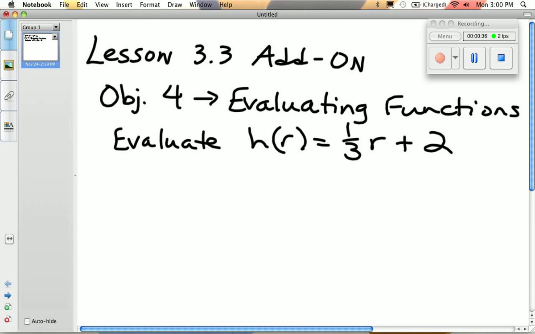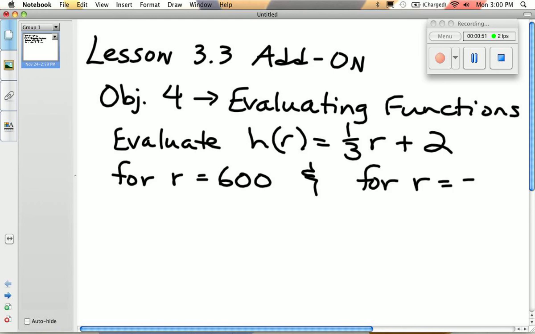We're going to be putting some domain values in and get the corresponding range value. And we're going to evaluate it for r equals 600 and for r equals -12. So they gave us two different domain values. And they want us to evaluate the function at those domains and figure out what would be the corresponding range